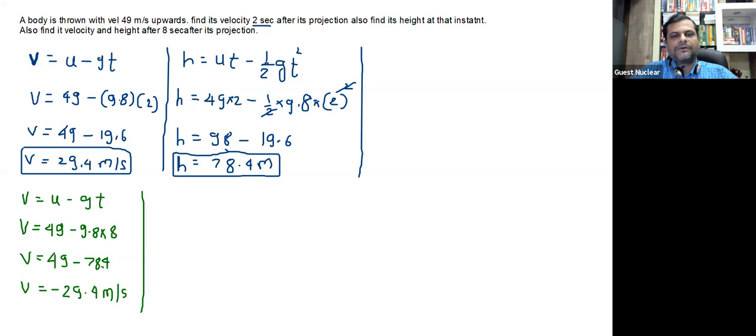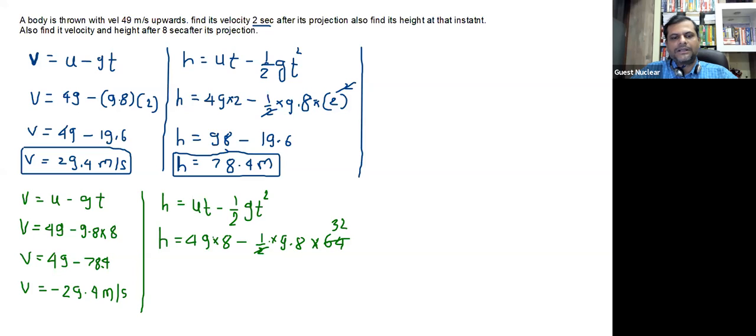And at the same time, if you want to find out the height of this body, height, h is equal to ut minus half gt square once again. So यहाँ पे h equal to u के बदले क्या आएगा 49, no doubt, and t is going to be 8 here minus half of g is going to be 9.8 and t is going to be 8 and 8 का square कितना होता है 64. So that we can cancel this 2 with 64, leaving behind 32, and we'll be left with h is equal to,